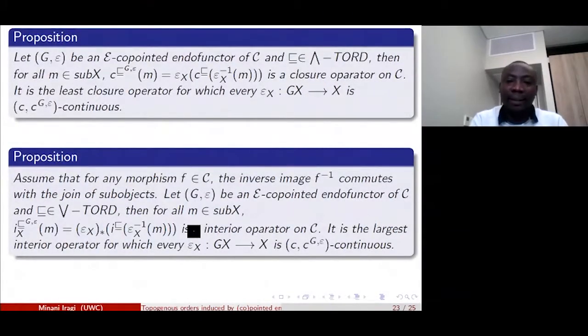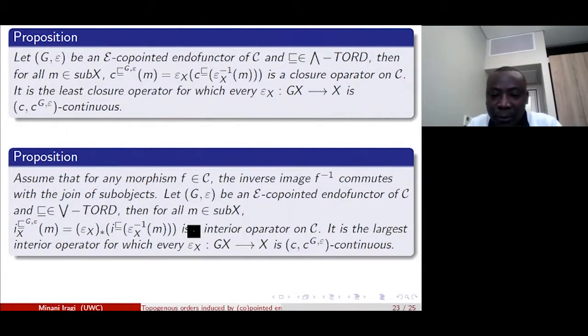Now, what follows here are particular cases for closure and interior operators. Once one has constructed it for a topogenous order, it's easy to do it for particular cases. It's just to take a neighbourhood-preserving topogenous order, and in the case of the interior-preserving topogenous order, to get the closure and interior operators corresponding to the topogenous order. And this allows us to construct the least topogenous order for which each of these morphisms from the co-pointed factor is continuous with respect to the closure operator. A similar case holds for the interior operator